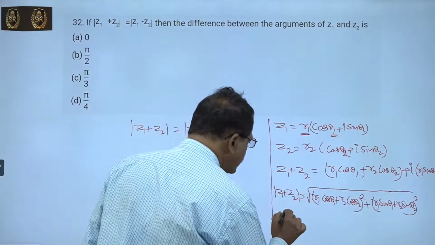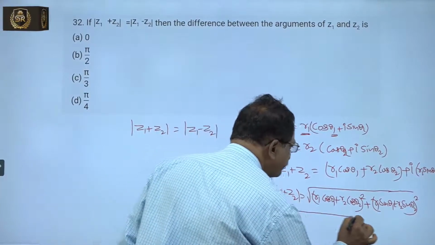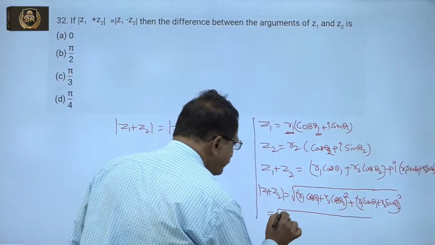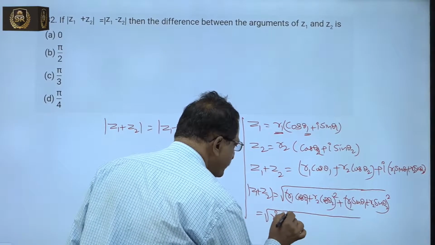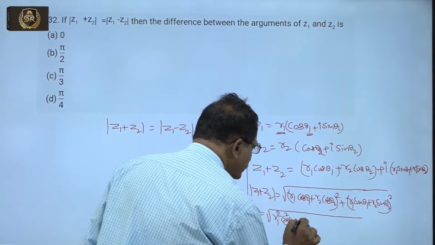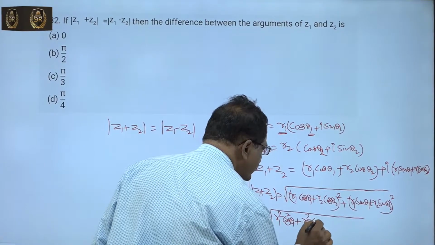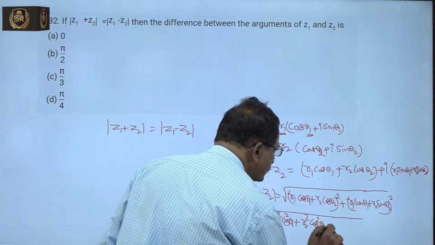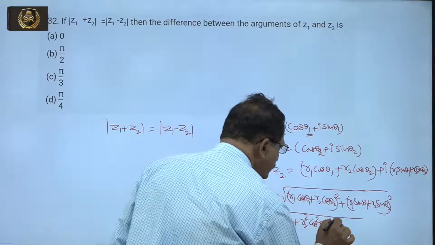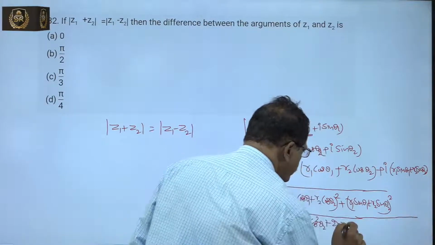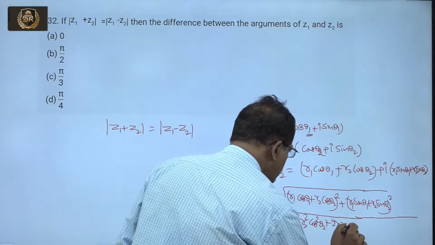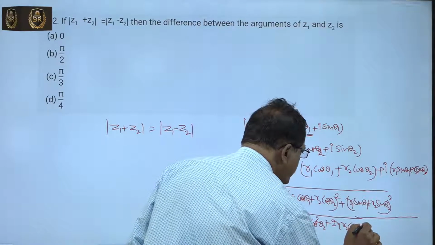Now, that equals square root of r1 square cos square theta 1 plus r2 square cos square theta 2 plus 2 r1 r2 cos theta 1 cos theta 2